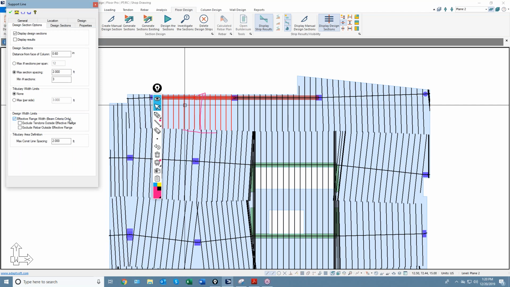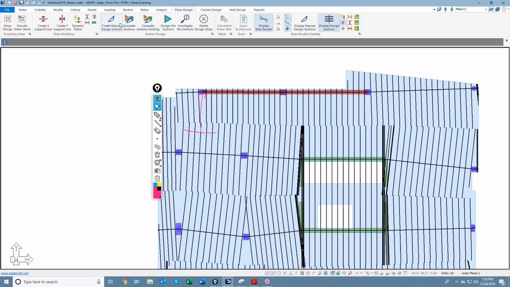So this uses ACI and European code effective flange, depending on what codes are selected. With that selected, you can choose whether or not you want to include the contribution of both post-tensioning and reinforcement outside of the effective flange for the rebar calculations. So those options are shown here. If I store that,